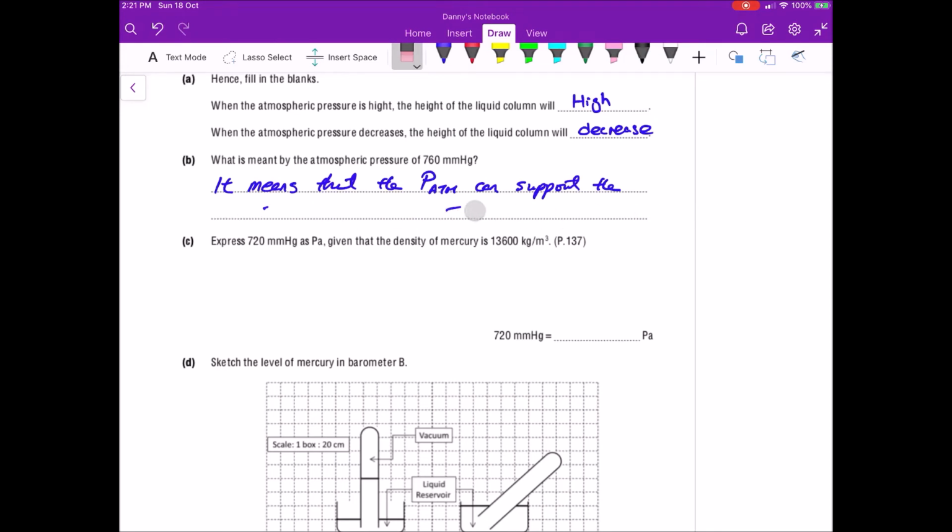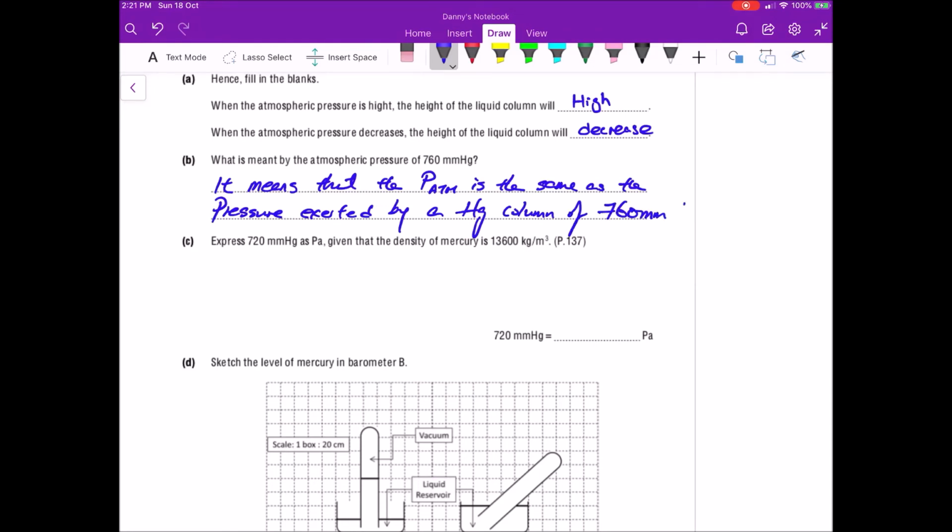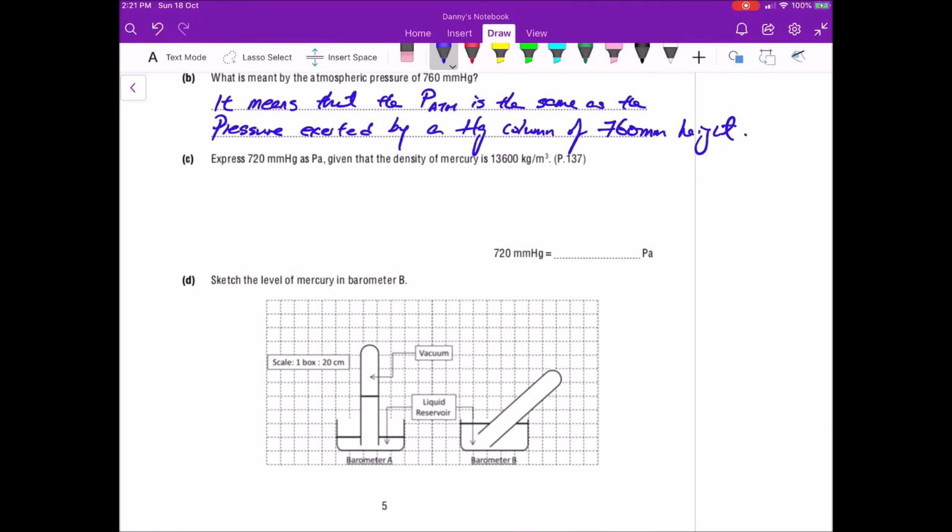You can say that the atmospheric pressure is the same as the pressure exerted by a mercury column of 760 mm height. Okay, so how do I convert? Well, this is the conversion part. So P is equal to rho g h, right? So how much is